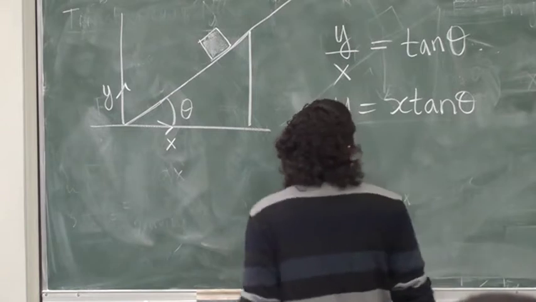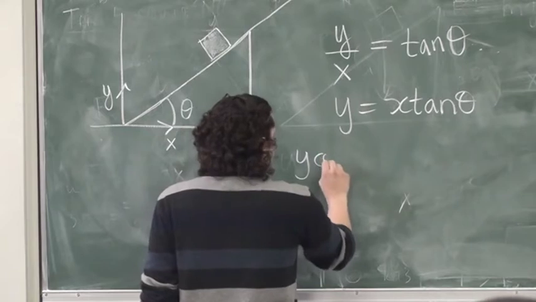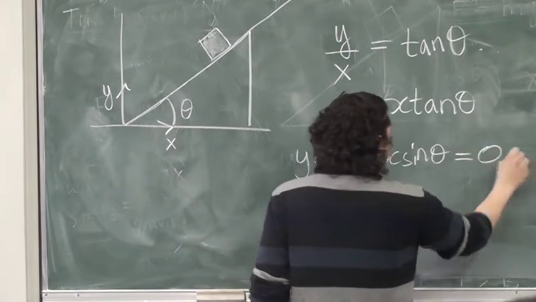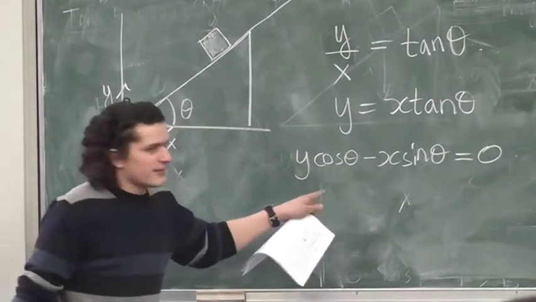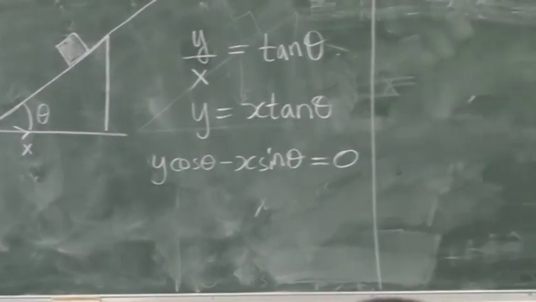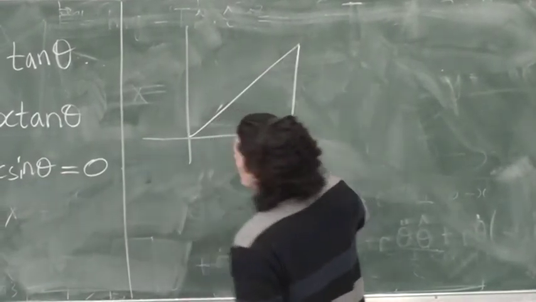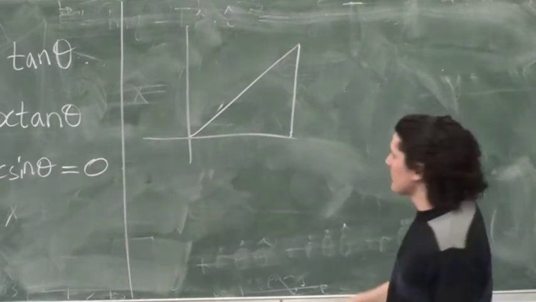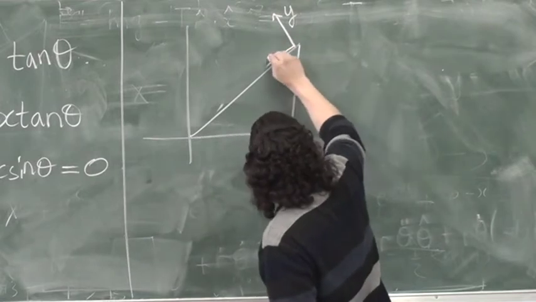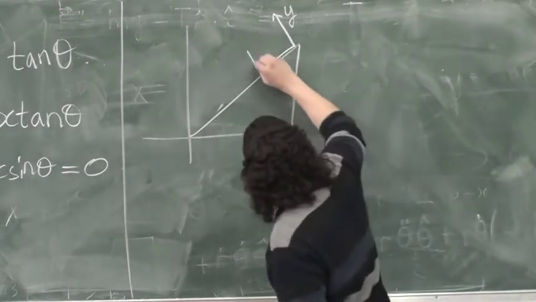Or if we generally don't like tangent functions, we can even think of tan as a sine over a cos and write y cos theta minus x sin theta equals 0. Alright, we'll see why I want to write it like this in a minute. An alternative, of course, is to think about changing my coordinate system. If instead of writing it with coordinates x and y, as I have stipulated them, if I put my y coordinate going up like this, and my x coordinate going down the plane, and then I put my box over here,